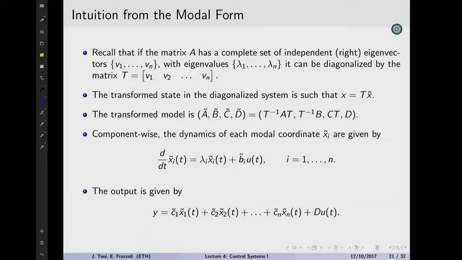We can take intuition from the modal form. So to summarize, what's the takeaway of the modal form? The takeaway is that every system has properties that are structural, depend on what the system is, and are represented by the A matrix. That's fact 1. Fact 2: every system has favorite ways to respond to stimulus, favorite directions in the state space.